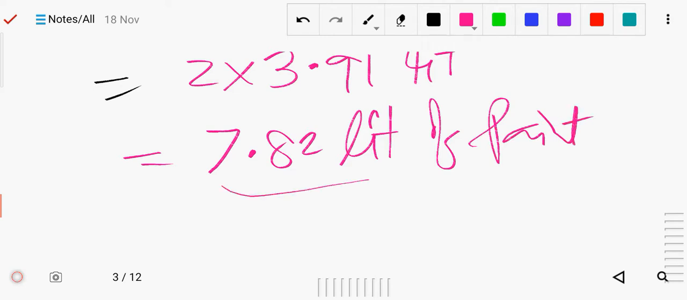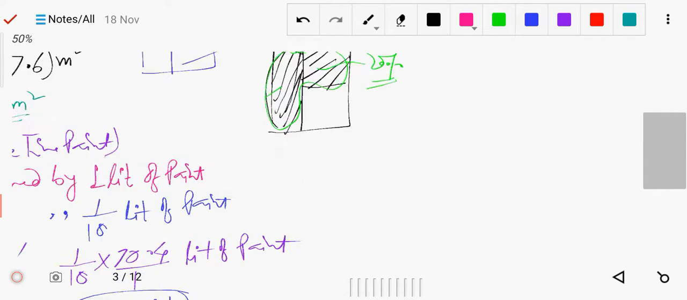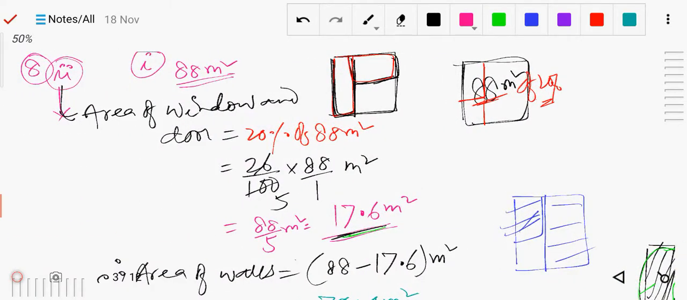Okay, so this is your answer, 7.82 liter. Once again you can see this is a little bit lengthy one, but you can understand. So this 88 we got from question number 1. Now area of window and door, it is given that 20% of total wall. Total area of wall was 88. So 20% of this we get